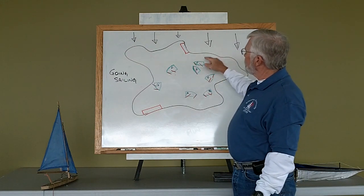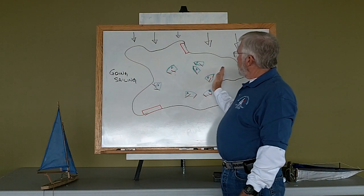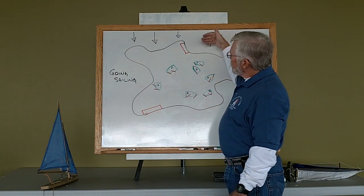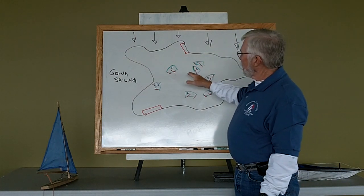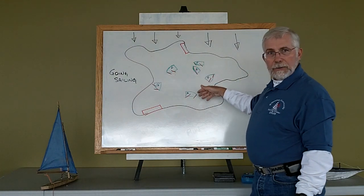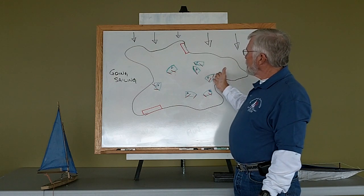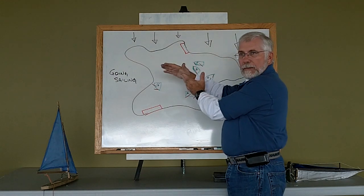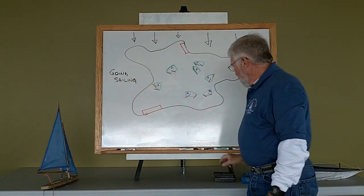And so they turn the boat to get into position like boat D by going from the wind coming across their port side through the no-go zone to the wind on their starboard side, sailing along on a close reach with the wind coming across the starboard side. They're on a starboard tack. That maneuver, going from where boat C is to boat D, where I take the bow of the boat through the wind and I take it from being on one side of my boat to being on the other side of the boat, is called